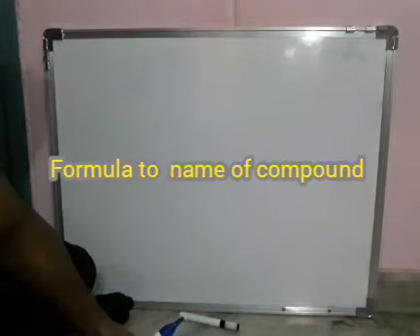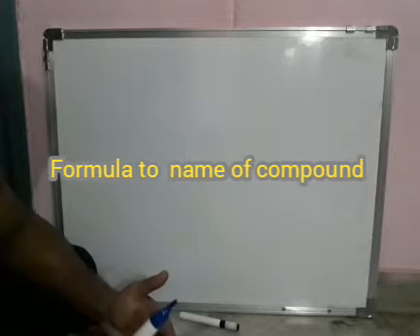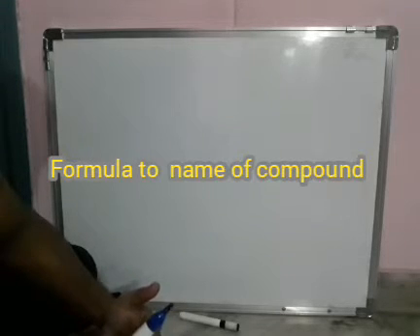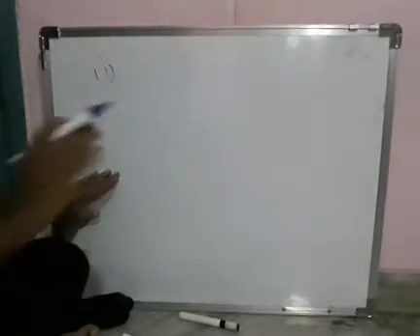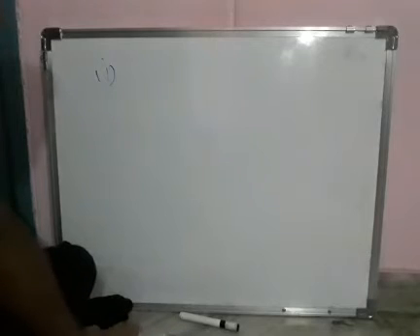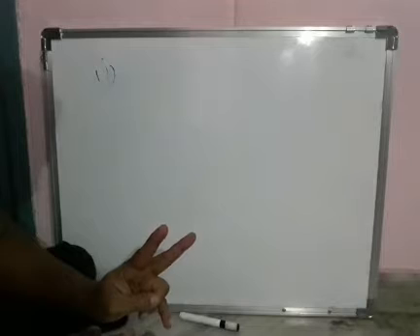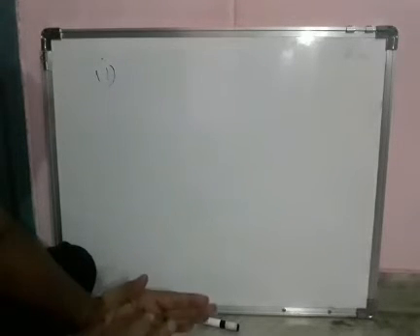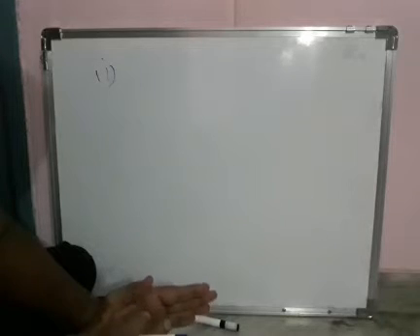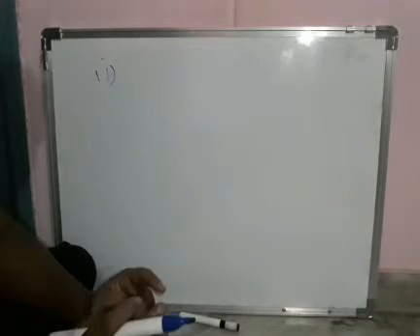Next one is, if the formula of the coordination compound is given, then we have to write the name of the coordination compound. So here some rules must be followed. So what are the rules? The first rule is, while writing the formulas of the coordination compounds, coordination compounds have two parts. The first one is the cationic part, the second one is the anionic part. That cationic part must be mentioned first. So that is the first rule.